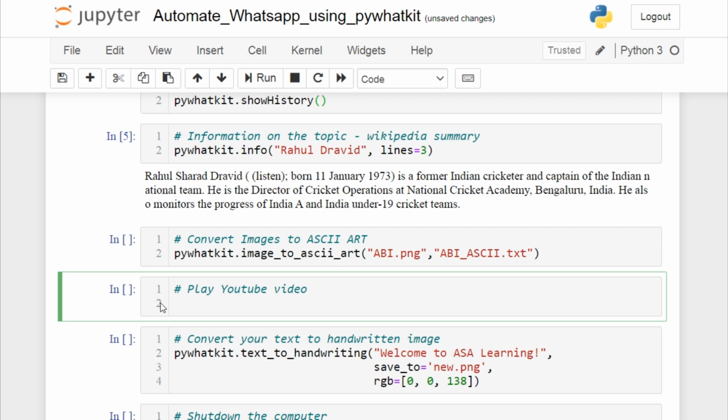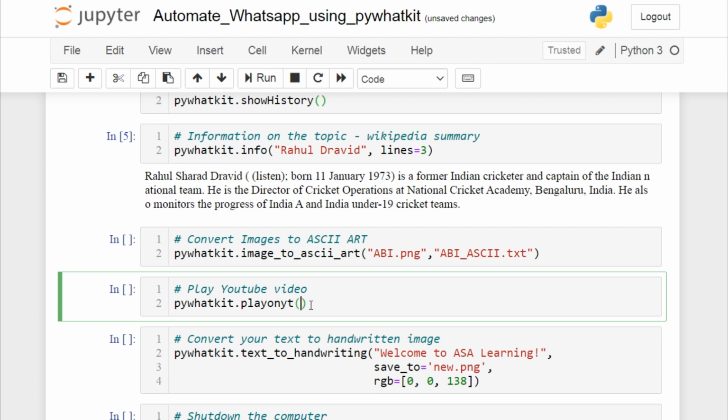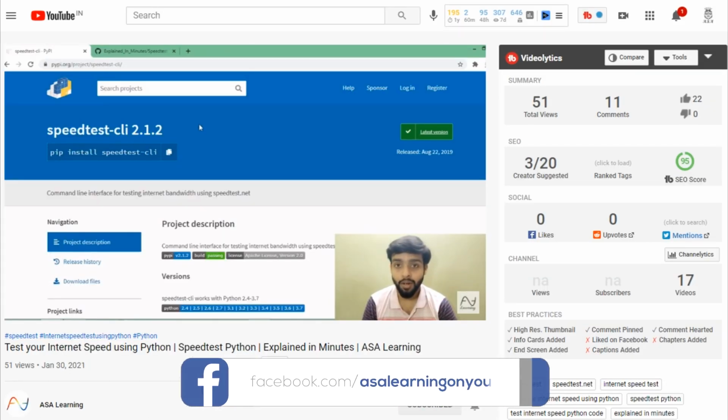And now let's get back to the other features. We can play a YouTube video directly from our Python code. To do that, we're going to use the same PyWhatKit, and we have the playonyt function. So this is play on YouTube. Let's say my search query is ASA Learning. It actually plays the first video for this search query, so it should play my latest video on YouTube. I'll run this cell. Let's see what happens. It has automatically opened YouTube for me, and it is exactly playing the first video from our search results.